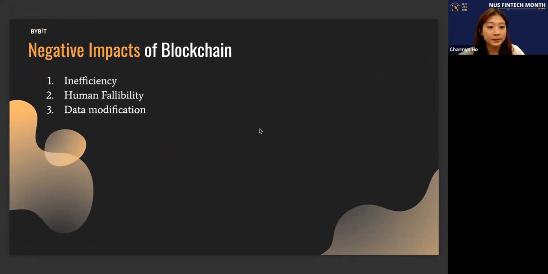So first off, it has to be noted that blockchain technology is actually pretty clunky and inefficient to implement in systems. And this is because blockchain networks carry out way more operations than other systems. So for example, first, it performs signature verification, which involves signing transactions cryptographically. Then, and as mentioned previously, blockchain also relies on consensus mechanisms to validate transactions.